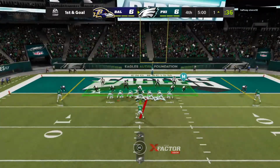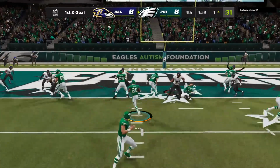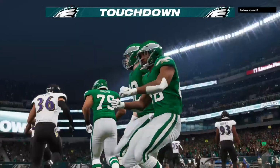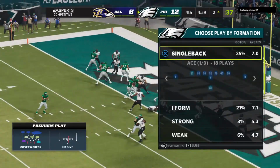A field goal could get him the lead, but it might not be enough here as they come up on 1st and goal. Sanders is into the end zone. Touchdown, Philadelphia. A solid blocking up front from the guys on the offensive line allowed him to get in for the touchdown. Yeah, some might say that the guy...